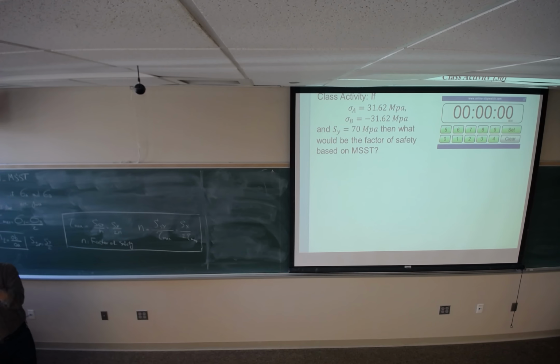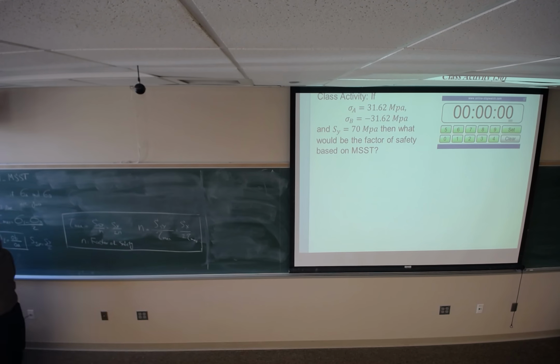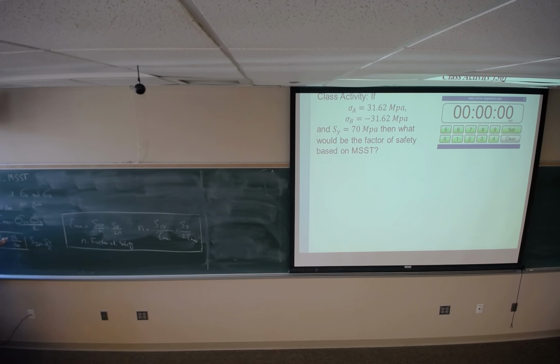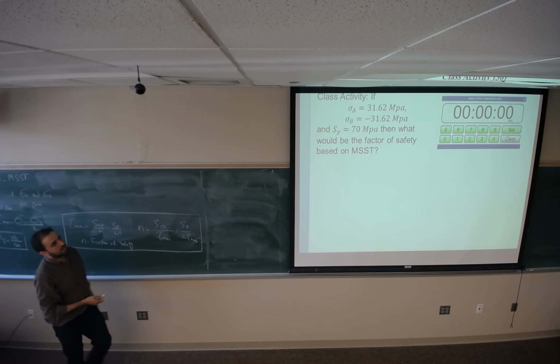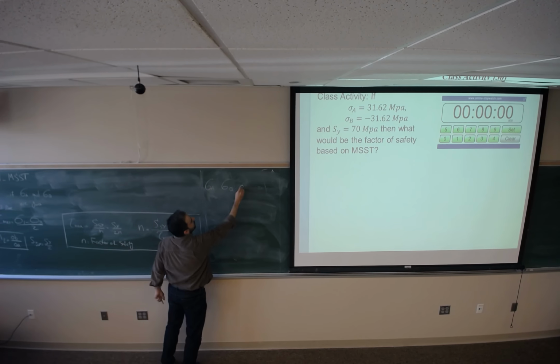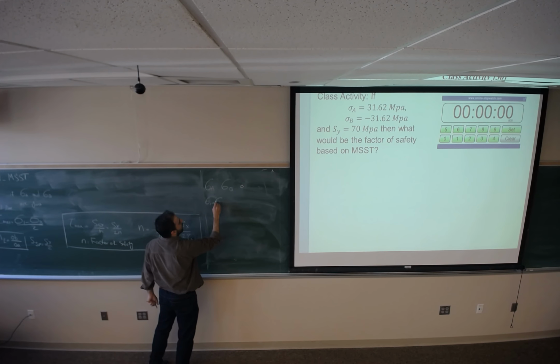What you need to do is look at the factor of safety. The factor of safety is defined as Sy divided by 2 tau max. Sy is the yield strength of the material, which is given. So you need to find the maximum shear stress, which always is sigma 1 minus sigma 3. On plane stress elements, we have sigma A, sigma B, and 0. Just rank them. Sigma A is the greatest, so sigma 1 is sigma A. Sigma 2 is the middle one, which is 0, and sigma 3 is negative